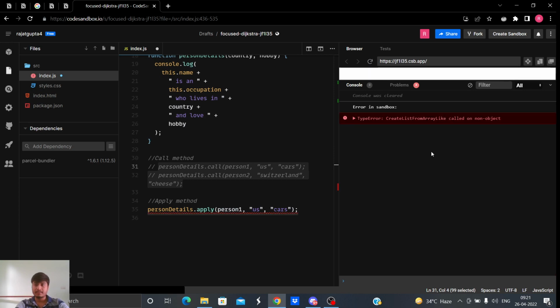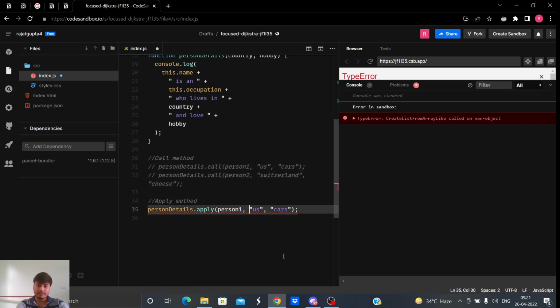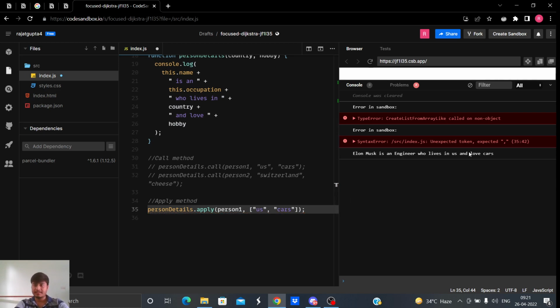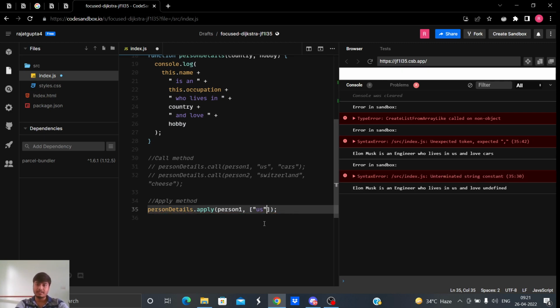So yeah, it gave us an error, because if we are doing apply, we have to give an array. All the arguments should be in the array. See, now it's working. That's the only difference. Even if we have a single argument to provide, we should give it in an array.